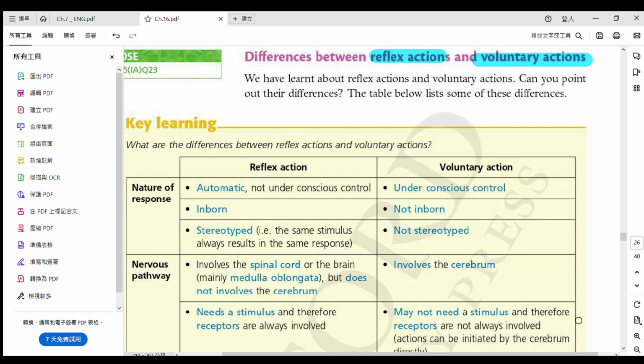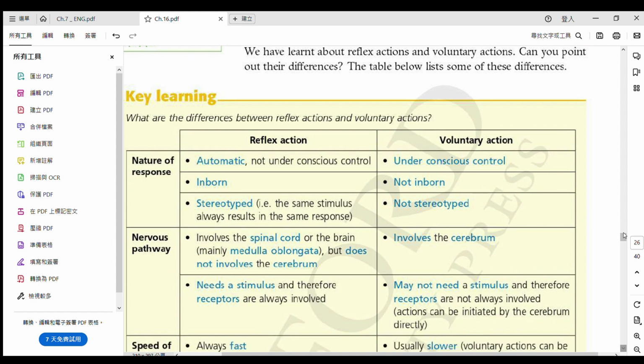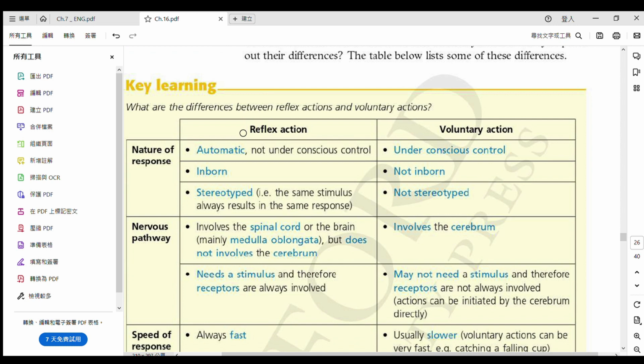So starting from the first one, okay, so this table is very, very important in your DSE or in your exam whatsoever. So the first one, 我哋就會講到啦。when we talk about the reflex action, 我哋就會講啦 it is automatic, 佢係自動嘅. So we don't use the word, 我哋唔會用到隻字 called unconscious. So it's not being unconscious. 我哋會用 automatic 嘅 so it will just do it itself, 佢會自動幫咁樣做啦。However, voluntary action, 我哋就會講佢係 conscious 嘅，佢係 under conscious control 啦。